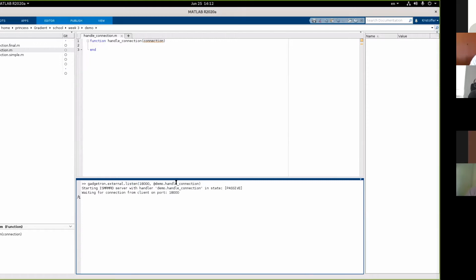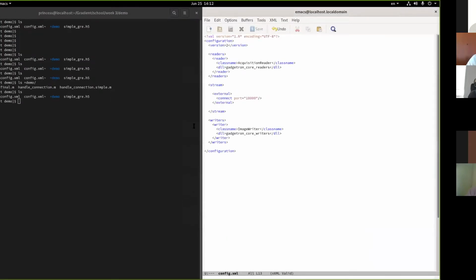As I execute this, we see listen prints out a few things. It tells me it's ready to take a connection on port 18,000. So if we send this config file through Gadgetron, we should see a connection appear. So we're going to run the client here, Gadgetron